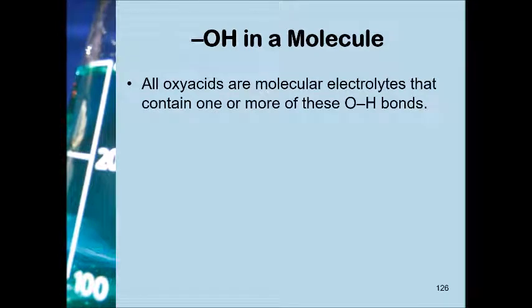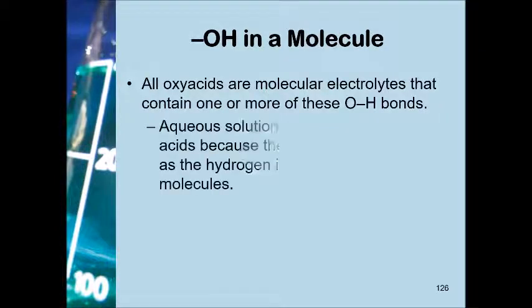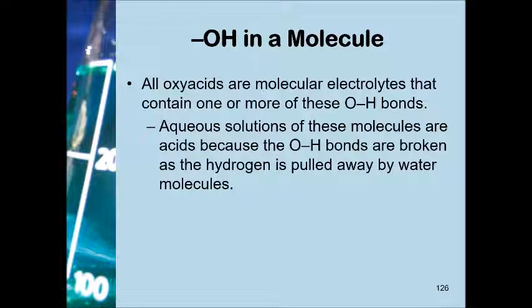And all of the oxyacids that we've talked about are molecular electrolytes, and then they ionize, that contain one or more of these OH groups. So all of the oxyacids had that in there. And aqueous solutions of these molecules are acids, because the OH bond is easily broken as hydrogen gets pulled away by water molecules. In other words, water actually has a stronger attraction for that hydrogen on the end of that hydroxyl group than oxygen has on the hydrogen. So it'll pull it away,